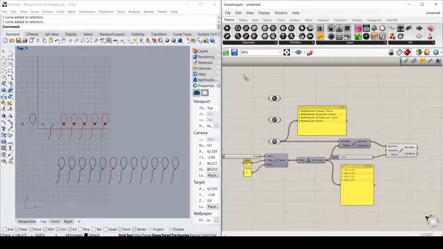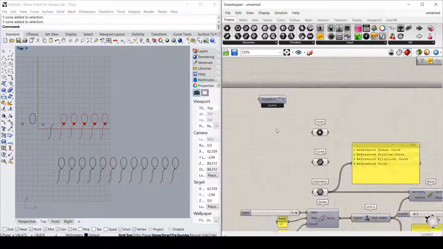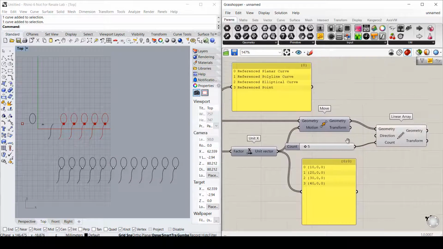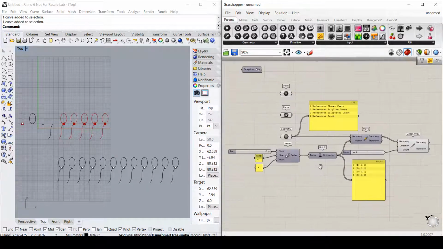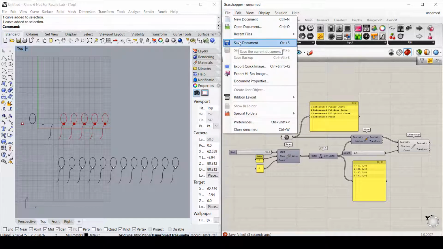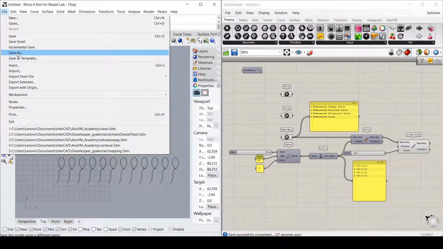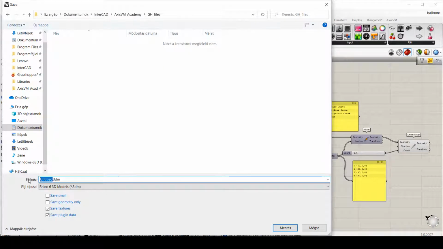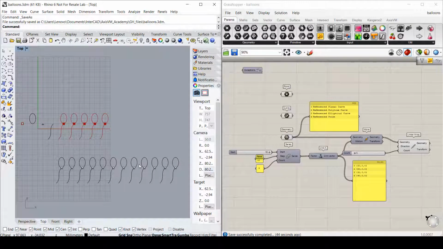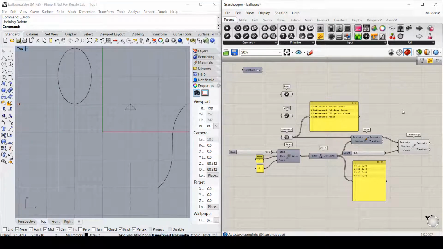I add a new component to the canvas called Bifocals, a very useful tool for beginners. It displays the name of each parameter and component. Let's save the script into a GH file, then save the baked and drawn objects of Rhino into a 3DM file. It is important to know that the contents of the parameters are not automatically stored in the Grasshopper script